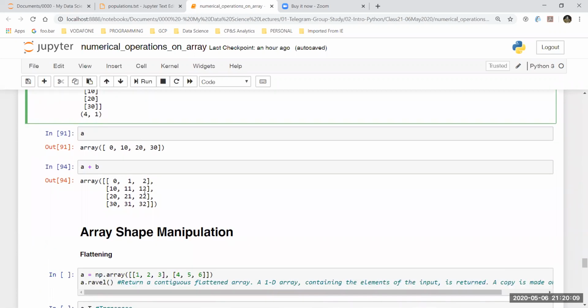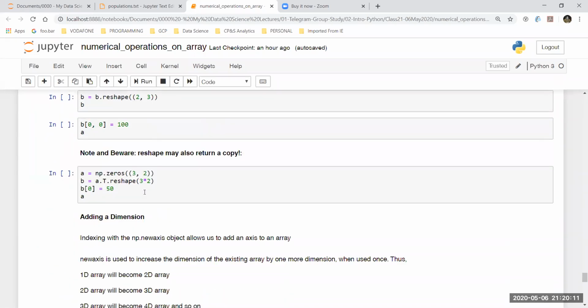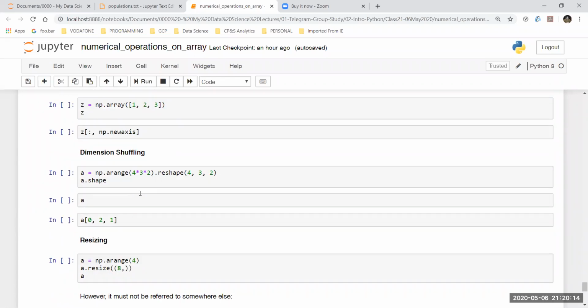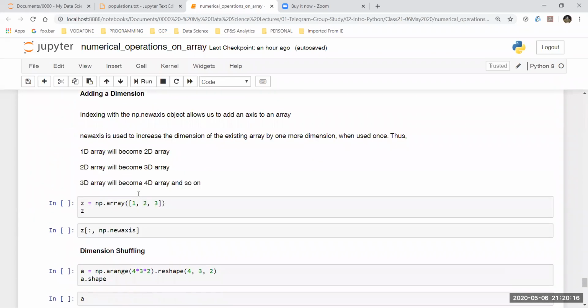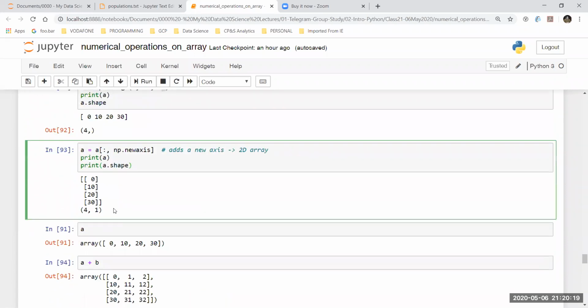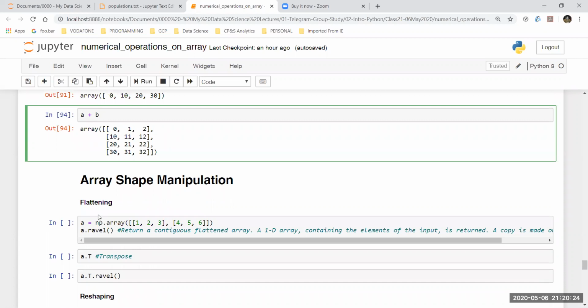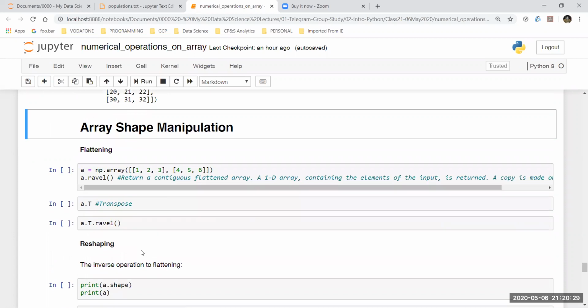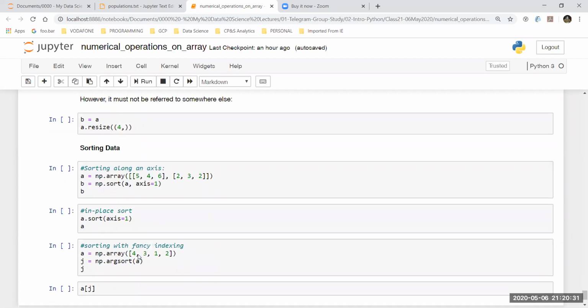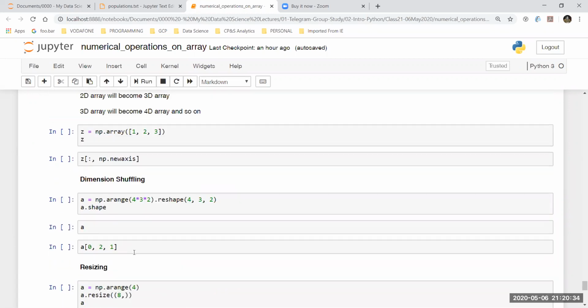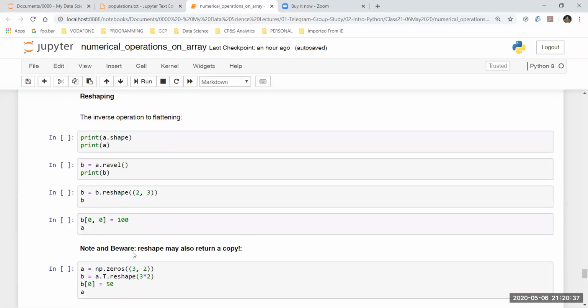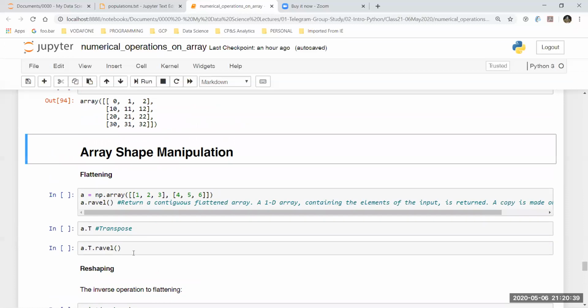I think that's all that we would need to see. I will leave the rest of the things with you because these are quite small, quite simple things. I'll leave these 2 items with you. For the rest, array shape flattening is something we are going to look into in the next class quickly. And then we are going to continue with pandas. Okay, so that is going to complete the use of the NumPy library, and then we are going to look into pandas as well.